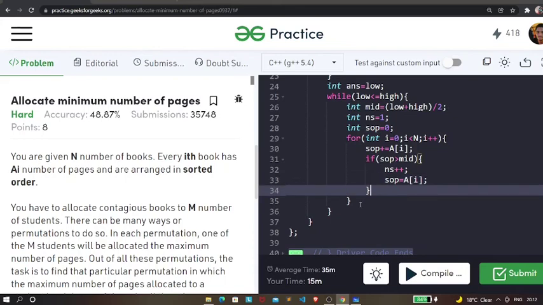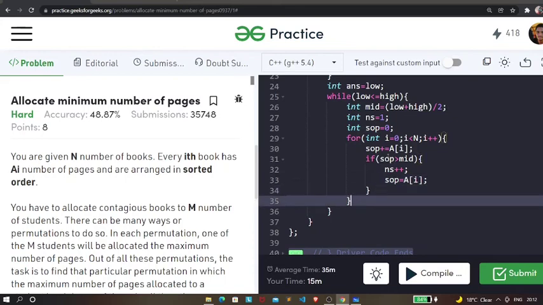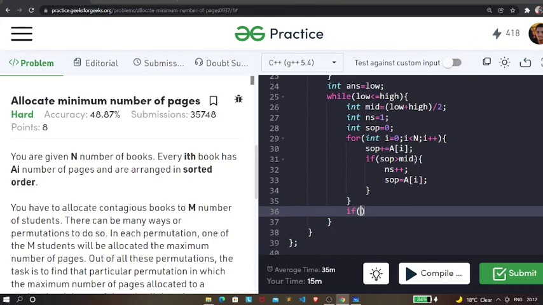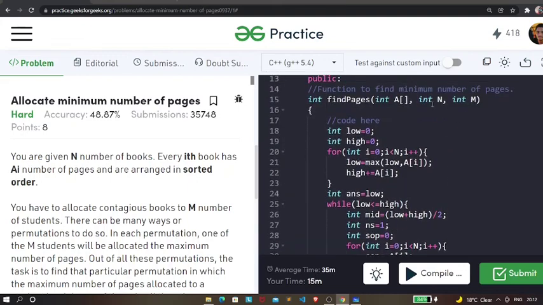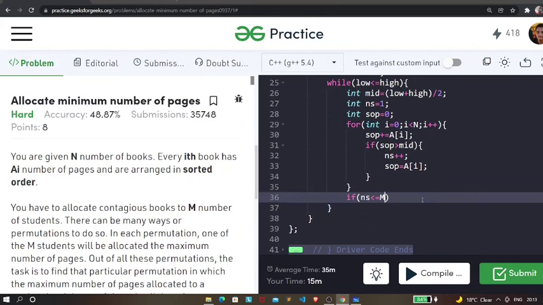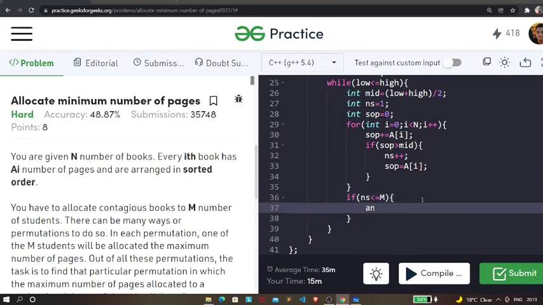Now once we have done that, we will be getting the number of students. Next, after getting it, we need to check whether this number of students is less than equals to m. Now what is m? M is nothing but the number of students. If this condition is satisfied, then we need to update our answer.